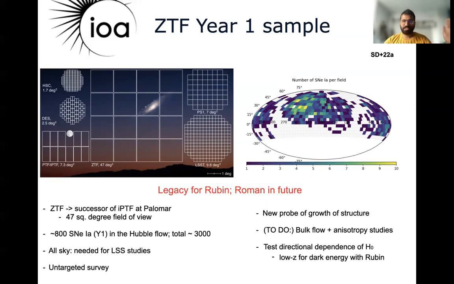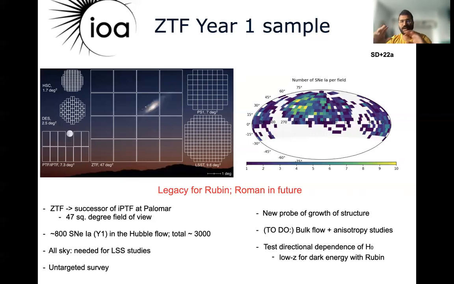In its first phase of operation, which was the 3-day cadence public survey, and along with that a third filter in the i band, it has already observed spectroscopically classified type Ia supernovae of order a few thousand. Now, this is going to be part of the second data release, something I'll talk about in the outlook. But even with the DR1 sample, because it's all sky and it is untargeted, that is,